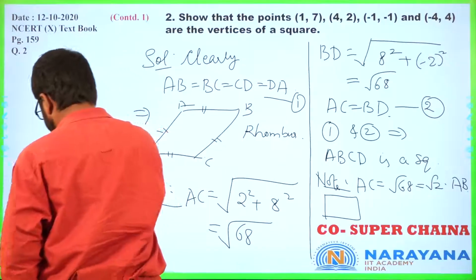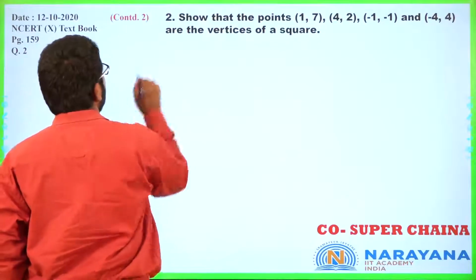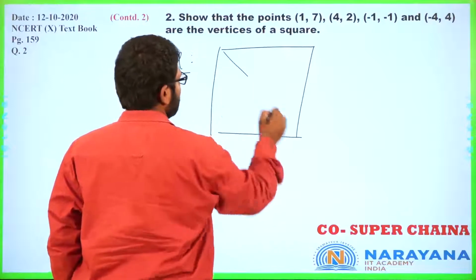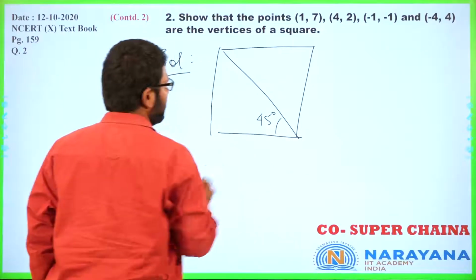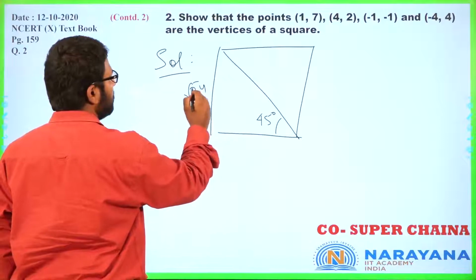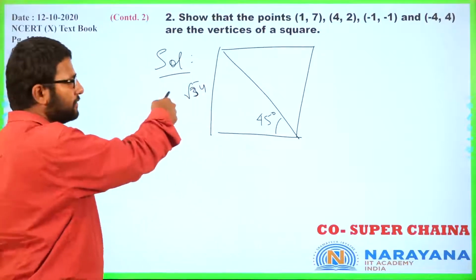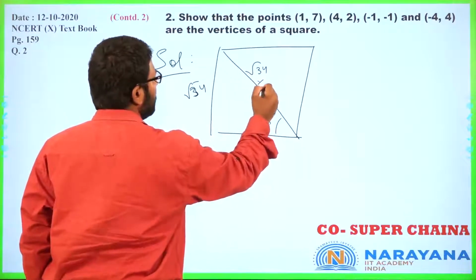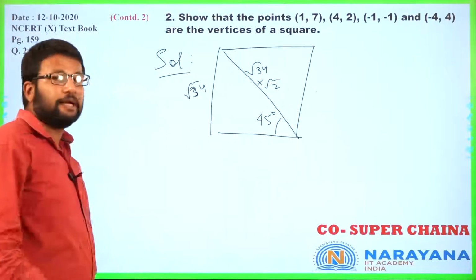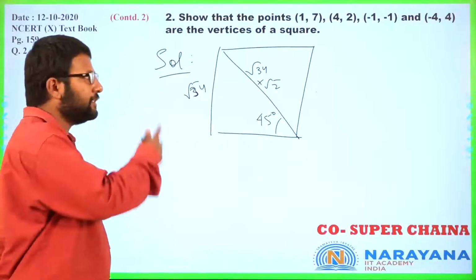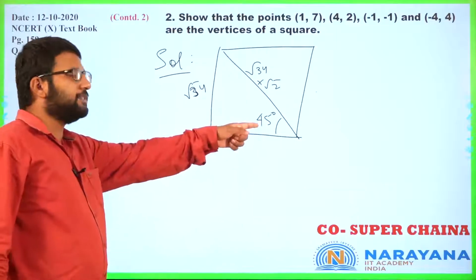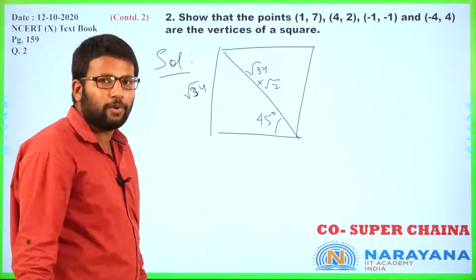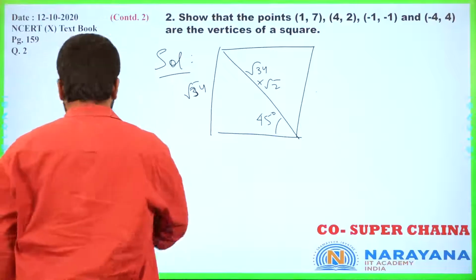Why should that happen? That should happen because of geometry of a square. This angle is 45 degrees. So if this is root 34, sin 45, 1 by root 2, this would be root 34 into root 2. That is another way to look at it, that therefore this must be a square. Why? Because then this angle is 45 degrees, therefore everything is 90 degrees and therefore it's a square. That's another way to look at it. Okay? Alright.